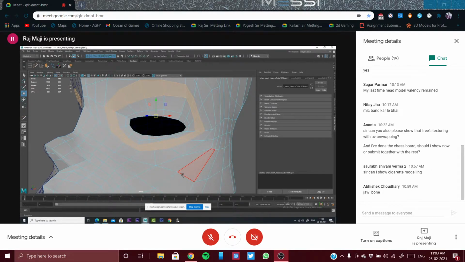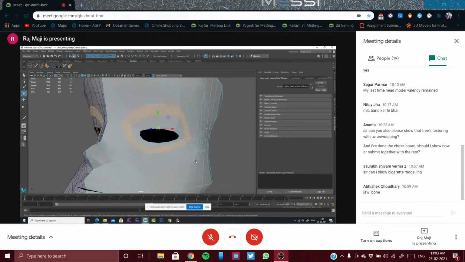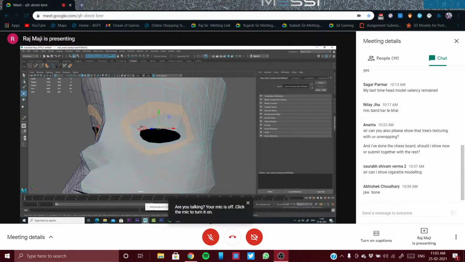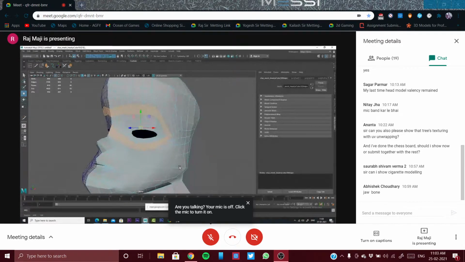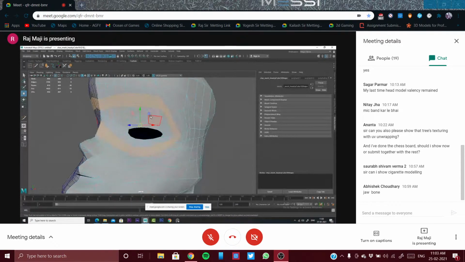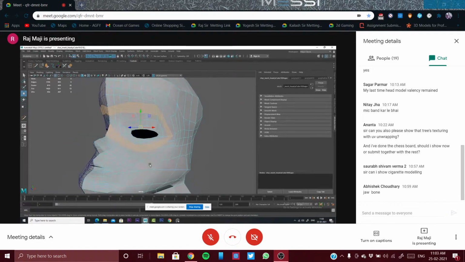No, yes, I understood, but topologically that is incorrect. No, it should be after this circular loop. The loop should be like this, like the Spider-Man mask. Yes, yes. Just check in your model if you are getting this, and then this loop will be connected with this 5 valency over here. So after that, all these areas, this is coming towards the leaf, and definitely creating zygomatic major and minor.